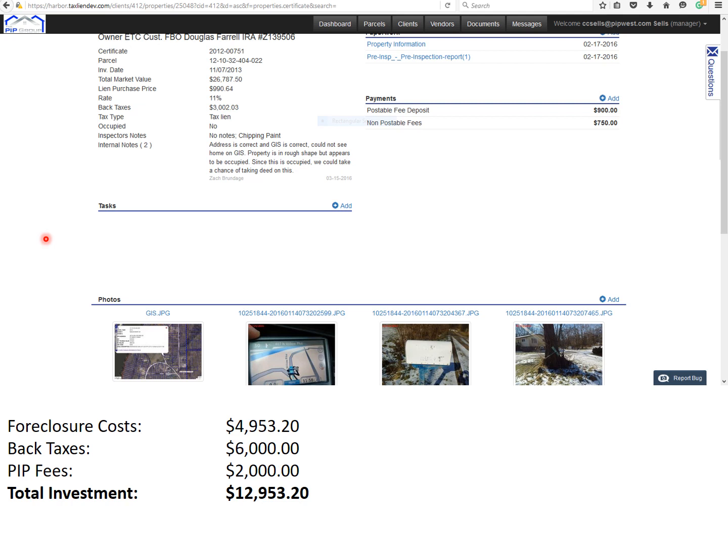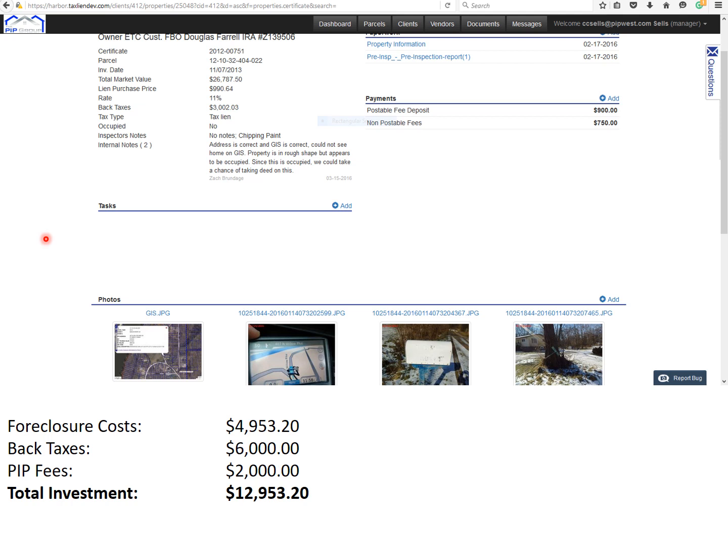Remember in the initial broadcast I said foreclosure costs could be as high as 8 times the initial investment cost. So we're actually going a little higher than that on this one. So back taxes, we know right now they're $3,002.03. Again, I'm shooting for the moon here and saying let's assume that's going to double by the time we get through the foreclosure process and it's time to pay the back taxes.